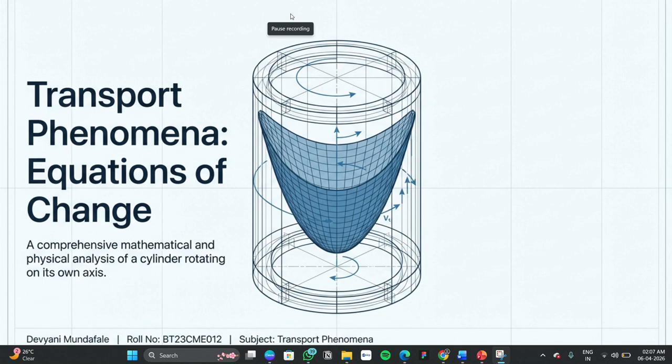Hello everyone. Today I am going to explain the topic of transport phenomena, which is equation of change for a cylinder rotating on its own axis. Here we are going to learn about its derivation and its related numericals. So, for this, the problem definition will be